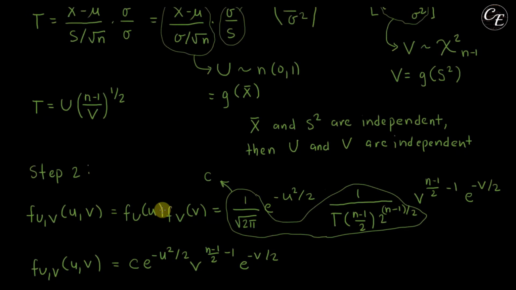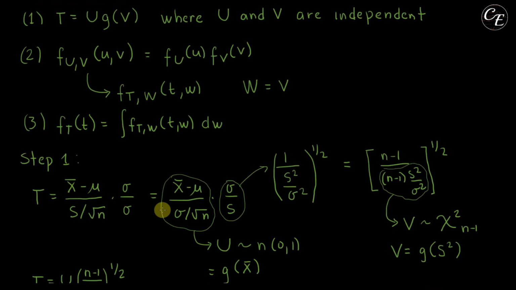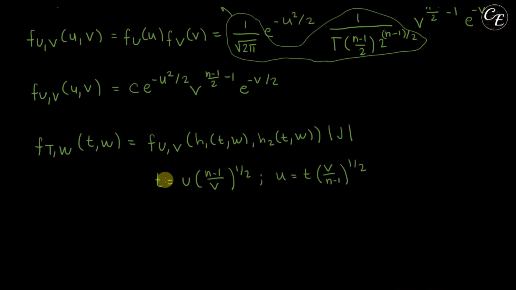And then we have a simple expression, W equal to V. And then from here, V will be equal to W. And then since V is equal to W in here, it is equal to T times W over n minus 1 raised to 1/2. Then for the Jacobian,